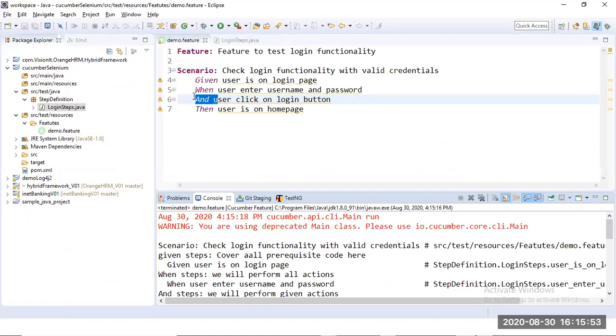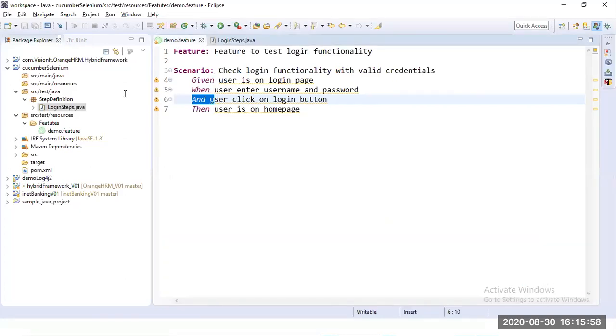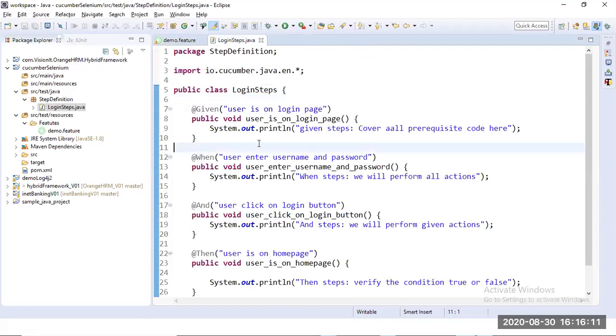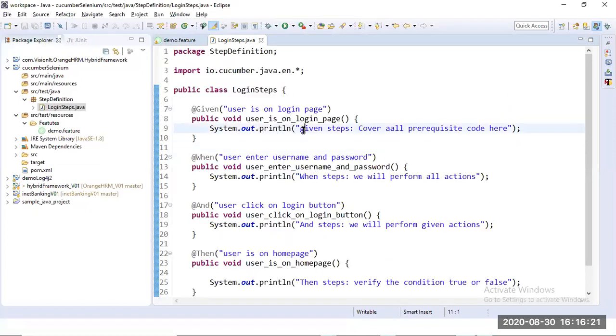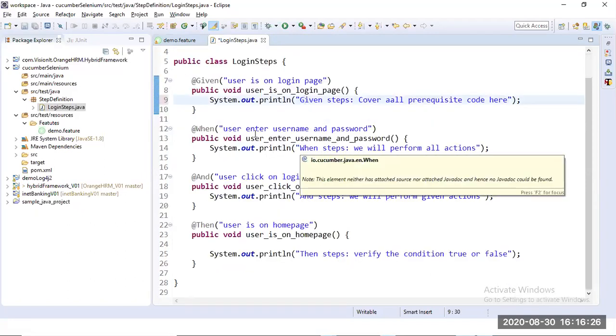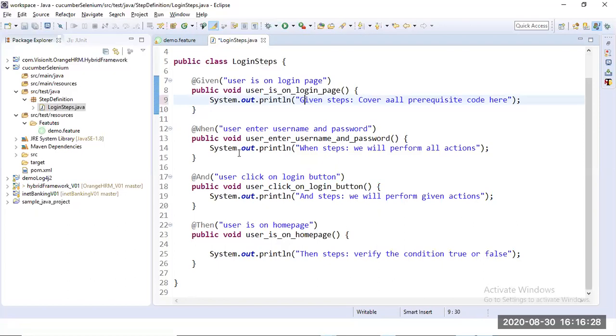So every time in a real environment you will get a feature file. Based on this feature file you have to generate steps and you just need to implement your code. Based on behavior, whatever behavior you are going to automate, you can cover within the feature files, and for those behaviors generate the test steps, and cover your code within these test steps. Like that we will work with the feature file, and implement the steps generated by the feature files.